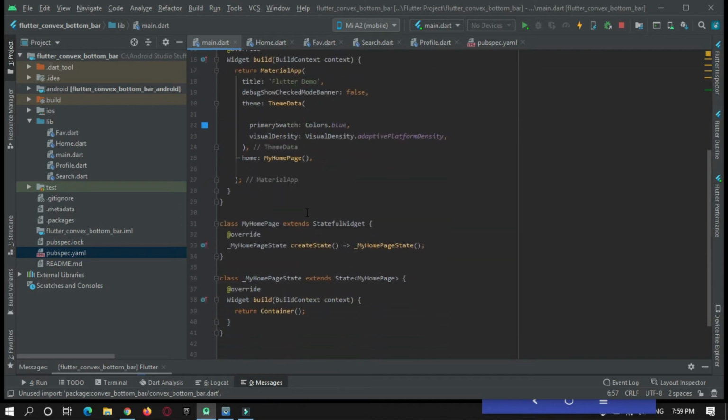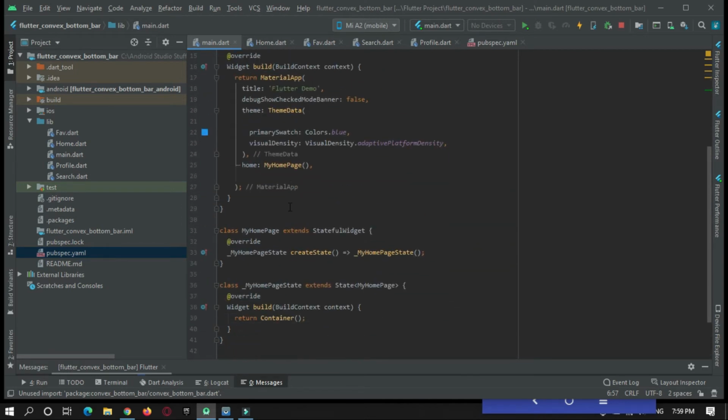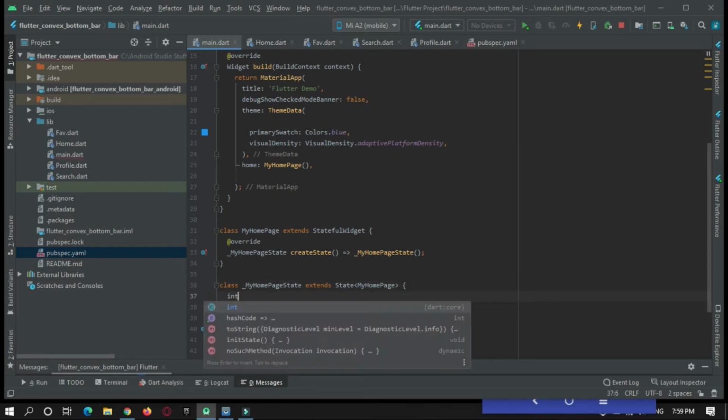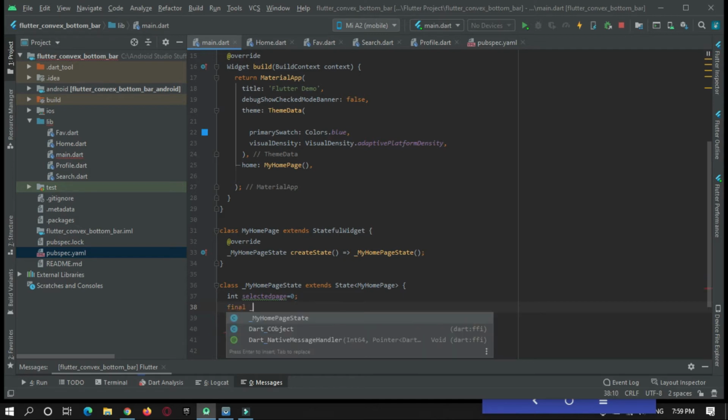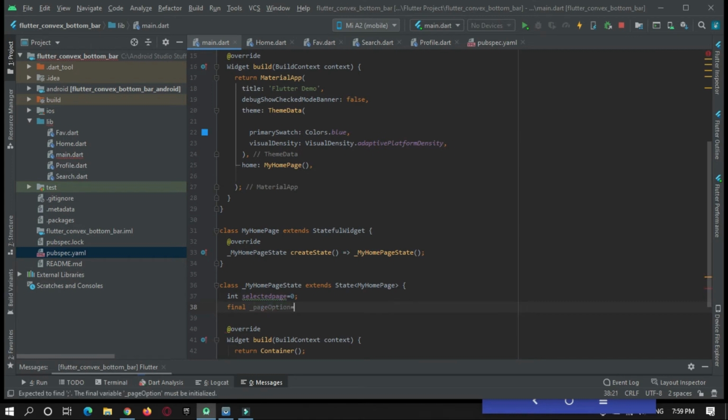After that, create one integer that will be the selected page. The default value will be 0, and create a final variable which will be page option, which will be of type array.